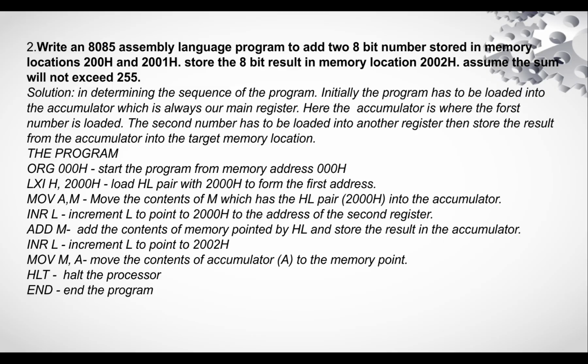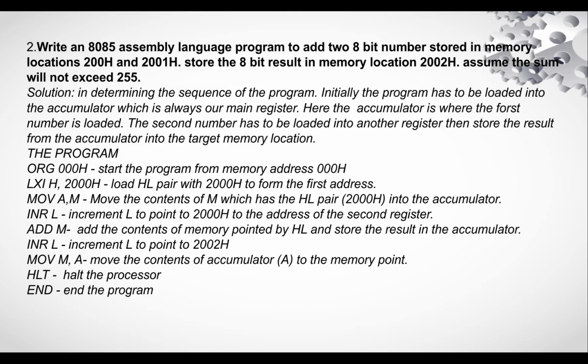So if I write the program, I'll start by organizing the microcontroller, which is ORG 000 hexadecimal, to form the start of the program from the memory. Then I'll have to load immediately the contents of 2000 hexadecimal. If you look here very keenly, we have add two